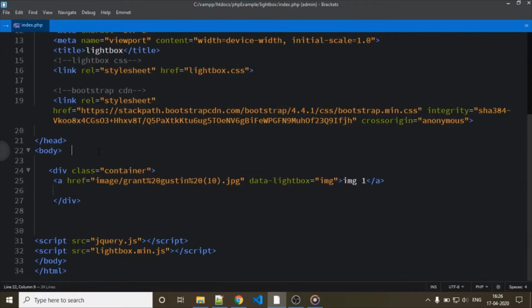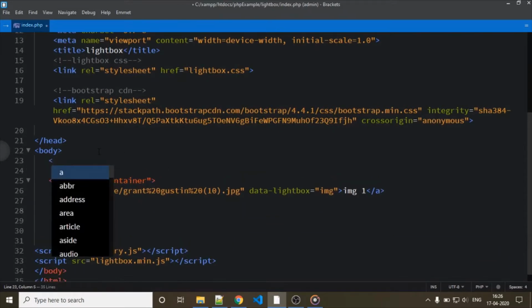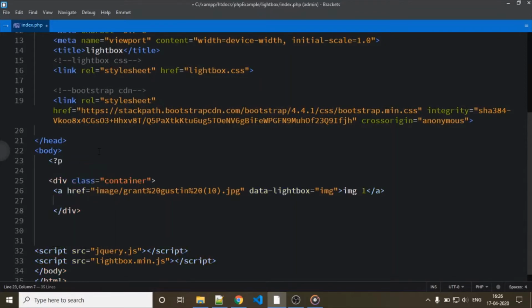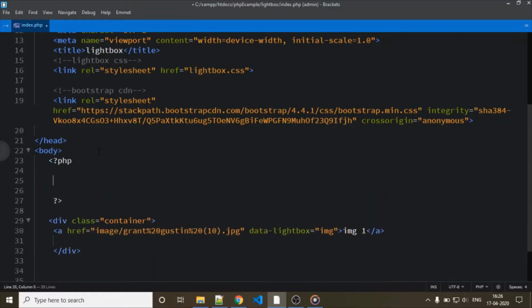So how can we fetch images from the database? Let's start by opening and closing PHP. This is similar to fetching any data from a database.